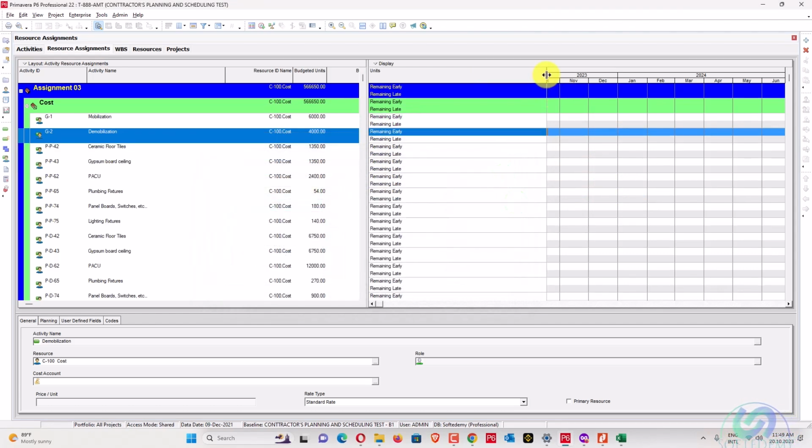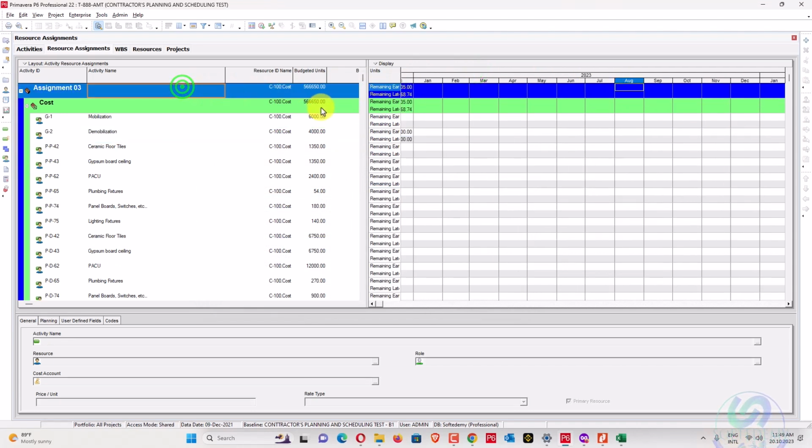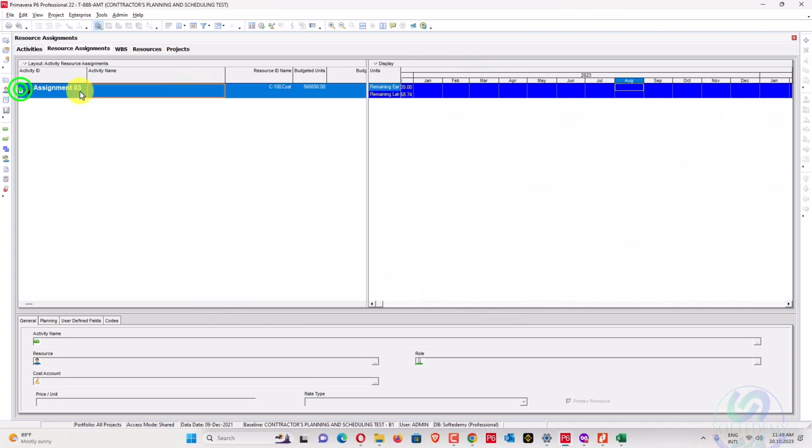Okay, so I will just go here for only the top WBS. Also you can go for each level. So we'll copy this one. Select this one, and I can copy this one.